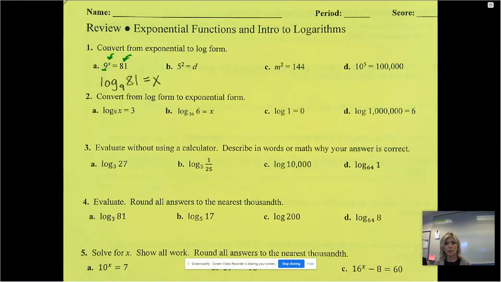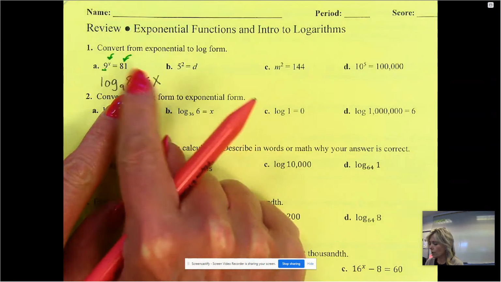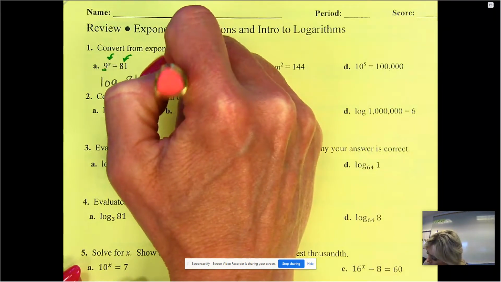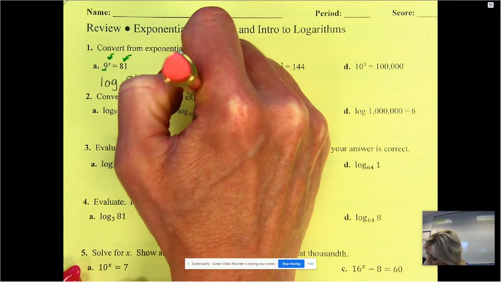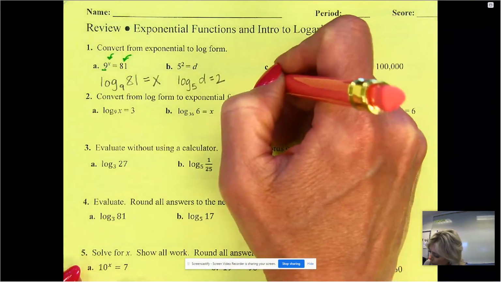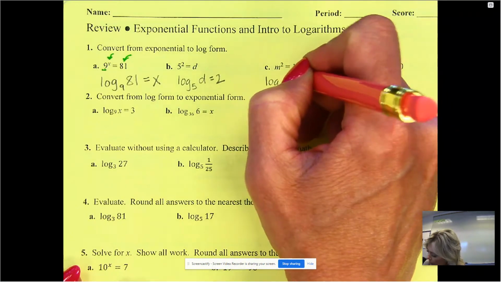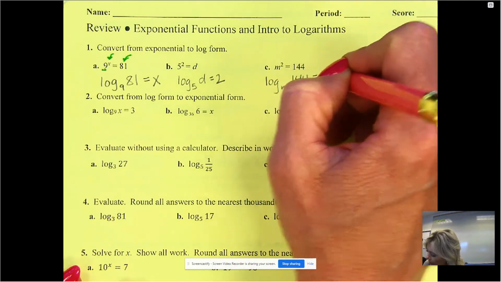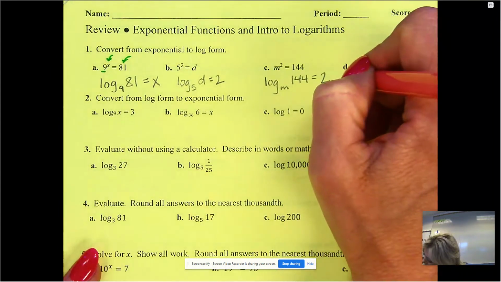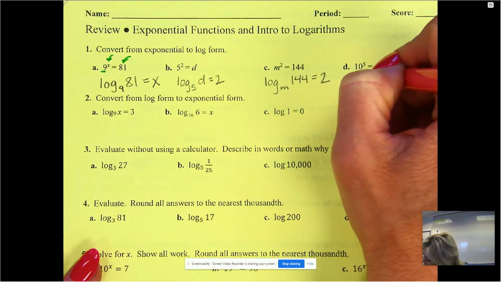All right? So the base is 9. The exponent is x. That's where those two values go. This one comes to the side. So for B, you should have log base 5 of D equals 2. For C, the log base M of 144 equals 2, the exponent. And for D, the log base 10 of 100,000